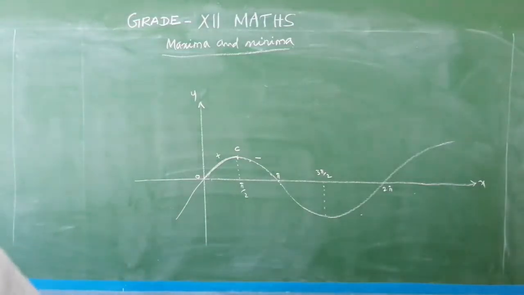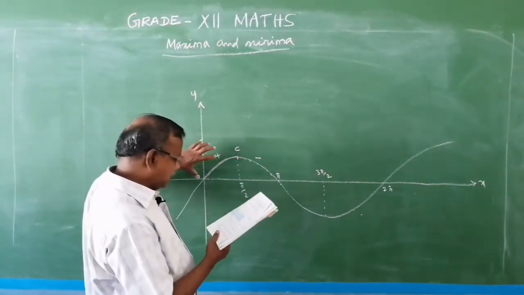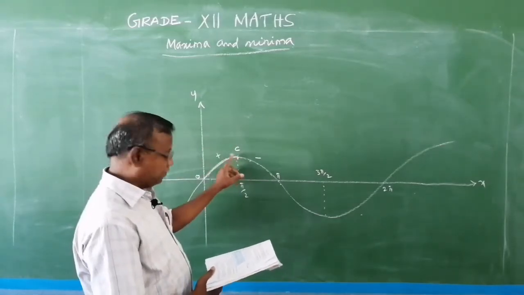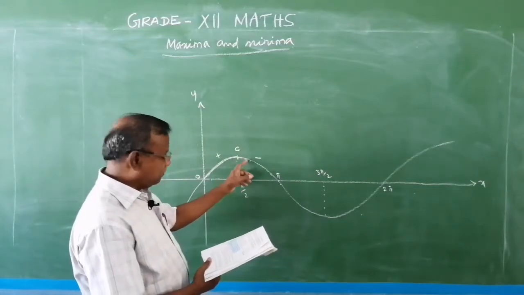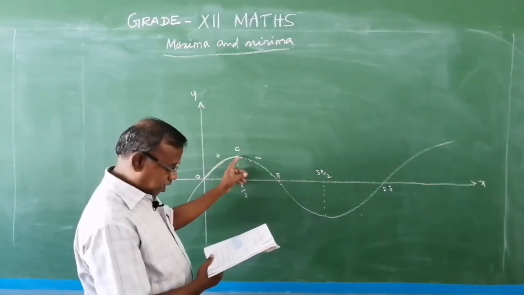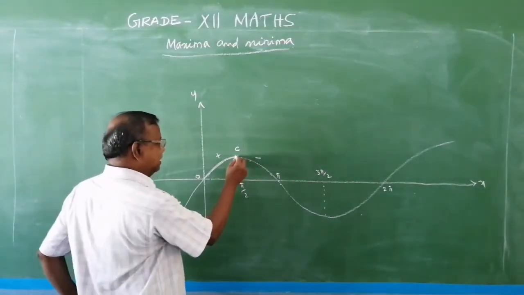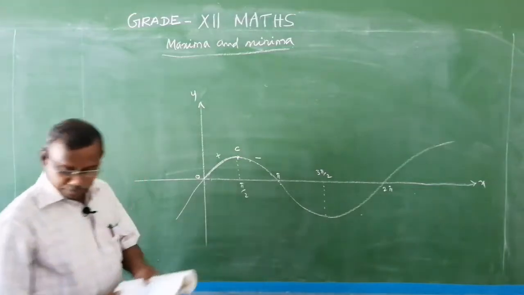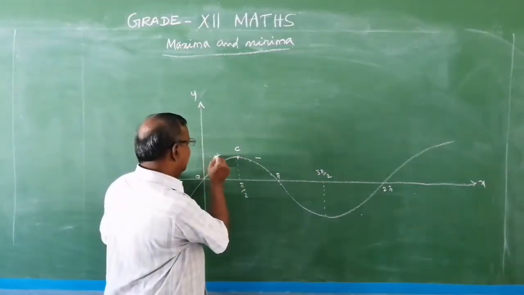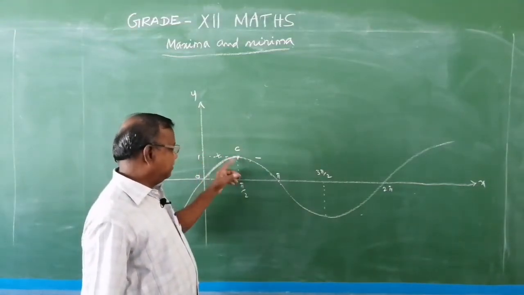So, based on our first point, if f dash of x is greater than 0 at every point sufficiently close to and left of C, and f dash of x is less than 0, that is negative, at every point sufficiently close to and right of C, then C is called a local maximum. Here obviously you can understand that the point has the maximum value of 1. So, sin pi by 2 equal to 1, at C it obtains the maximum value.